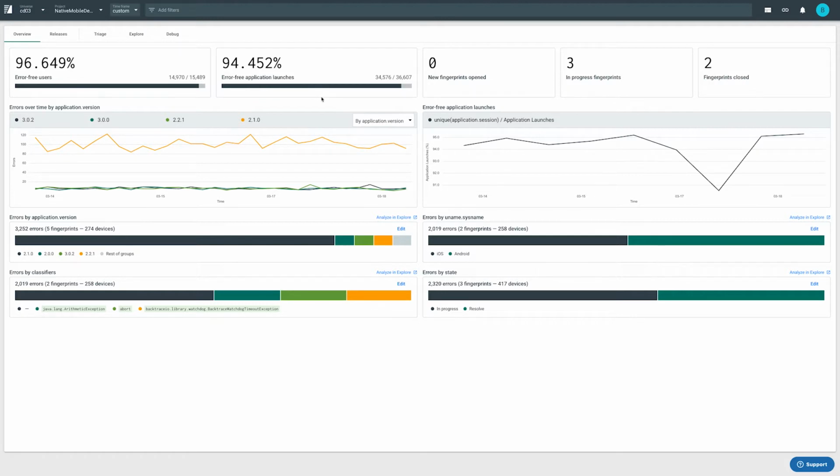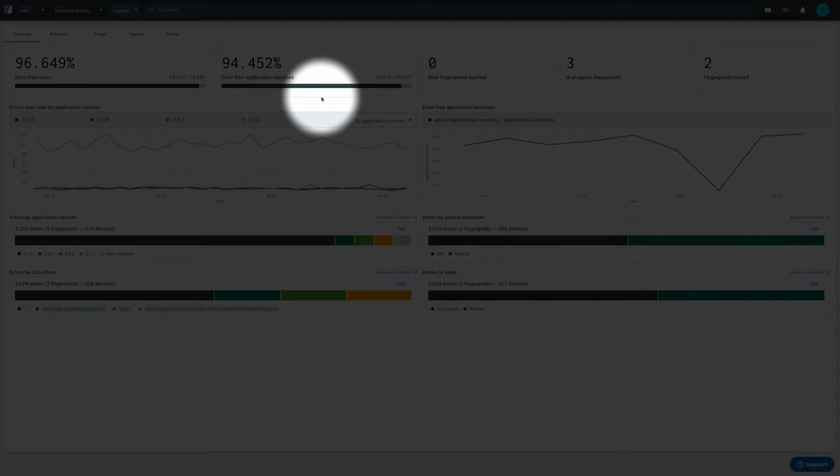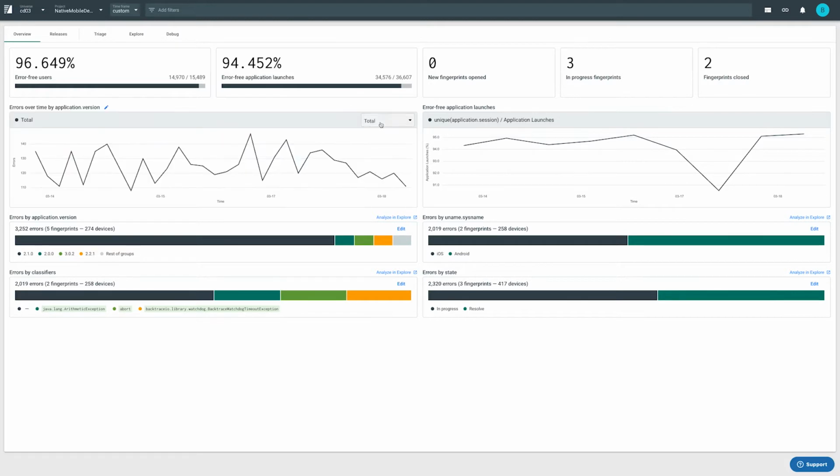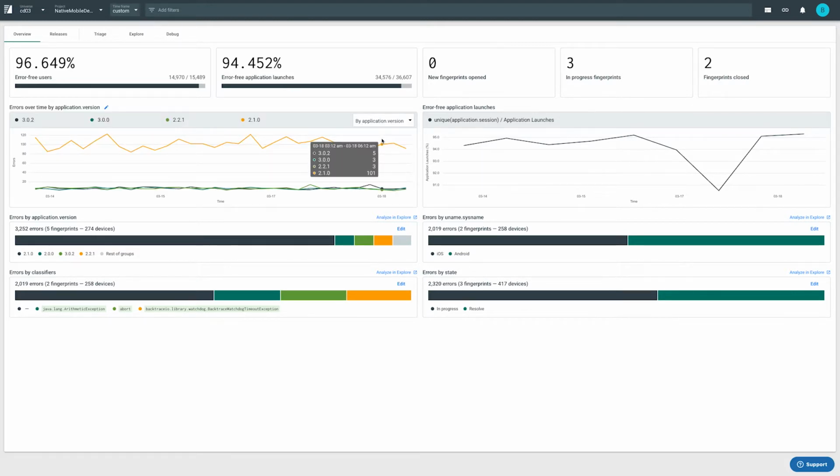We do not only see the raw amount of errors, we also see how many users and app launches are essentially error-free, meaning an error was never reported for that user or app session, indicating healthy behavior. We can see the errors sent by app version or in total. We can also see the trends of which app launches didn't encounter errors or crashes, which is essential context for